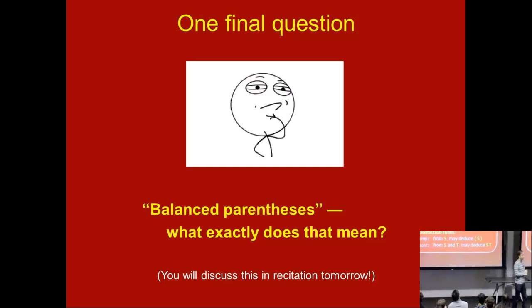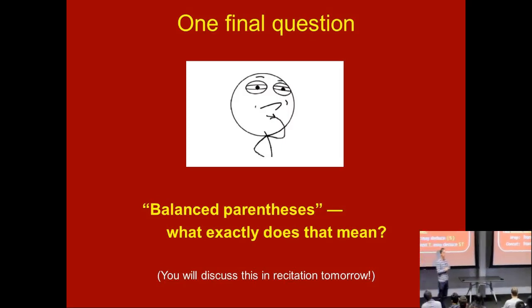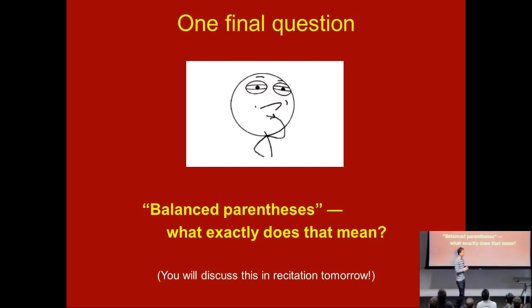So you really have two choices here. Sometimes it's cleaner to define things by deductive systems. But in the end, for this case, it's a bit more natural to make this complicated but ultimately intuitive definition of what it means to have balanced parentheses, and then show that that's the characterization of this system. Anyway, it's good to have two equivalent definitions of the same concept. Okay, that's all I want to say for now about deductive systems. Any questions?